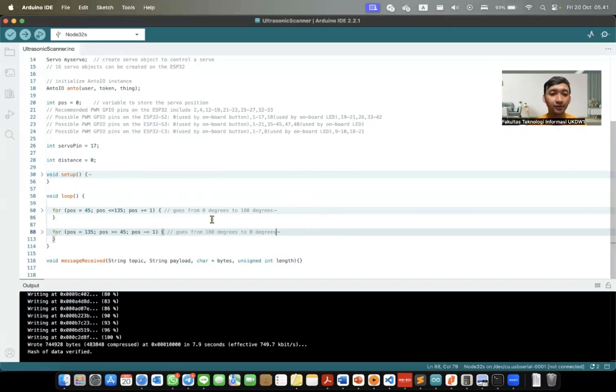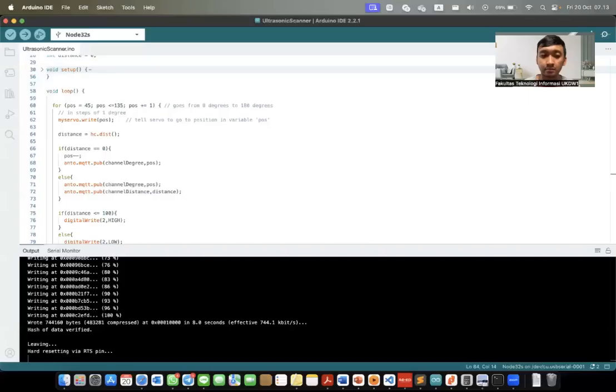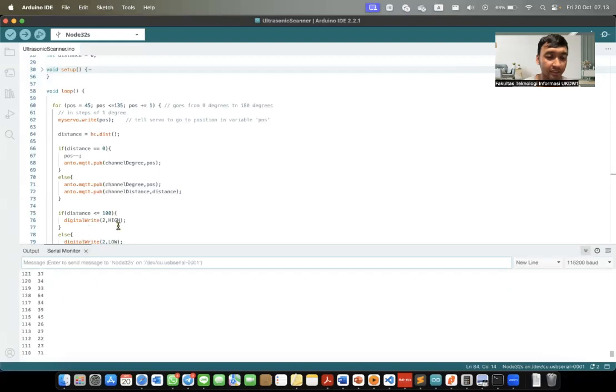After we finish writing this code, we can upload it to our microcontroller. After we upload the Arduino program, we can see the degree and position of the motor servo and the distance value.